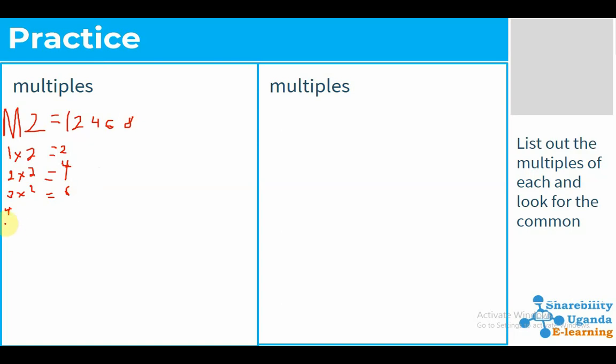Then what is 5 times 2? We get 10. Okay. Then we get 6. 6 times 2, we shall be able to get our 12. Okay. We shall come with our 7, which is the next number greater than 0. 7 times 2, we shall be able to get